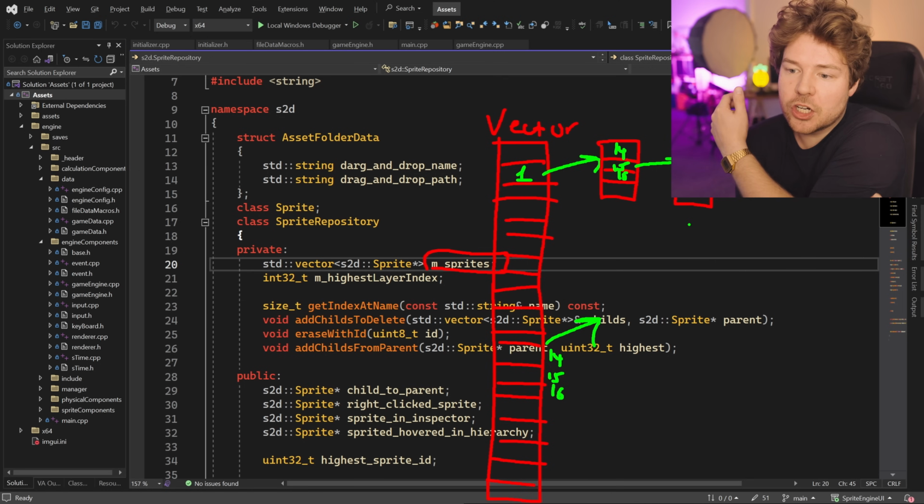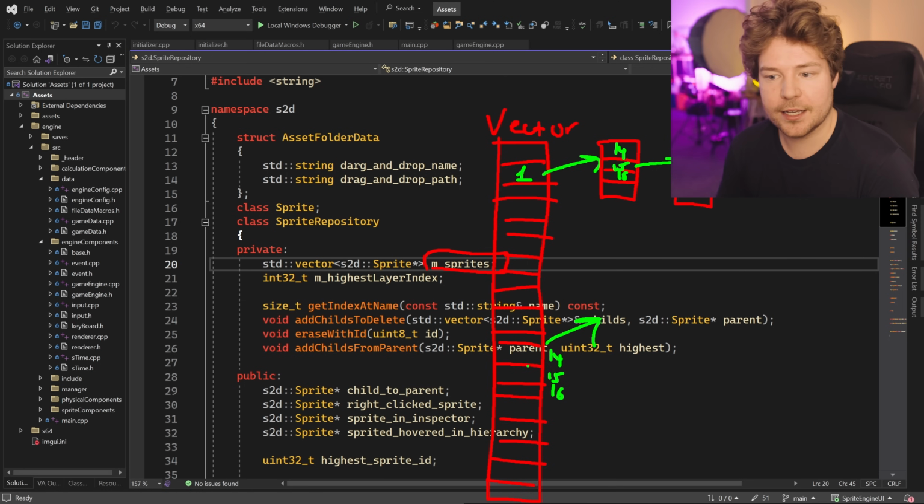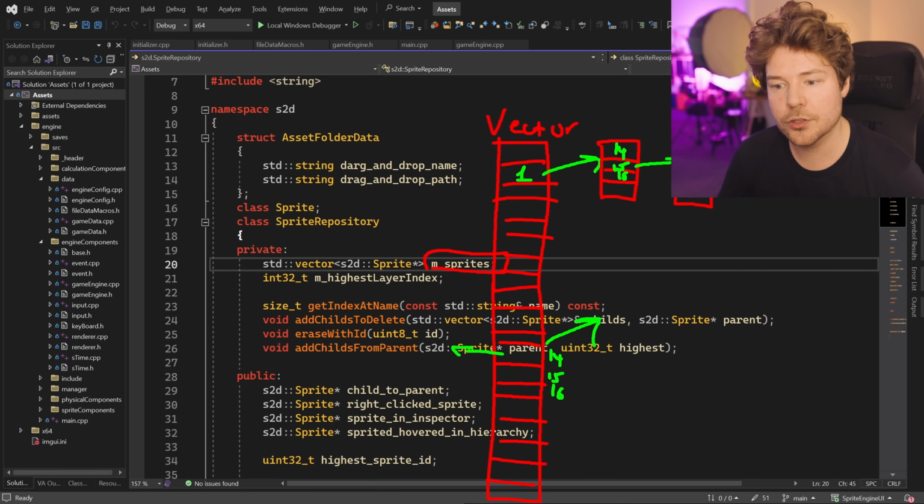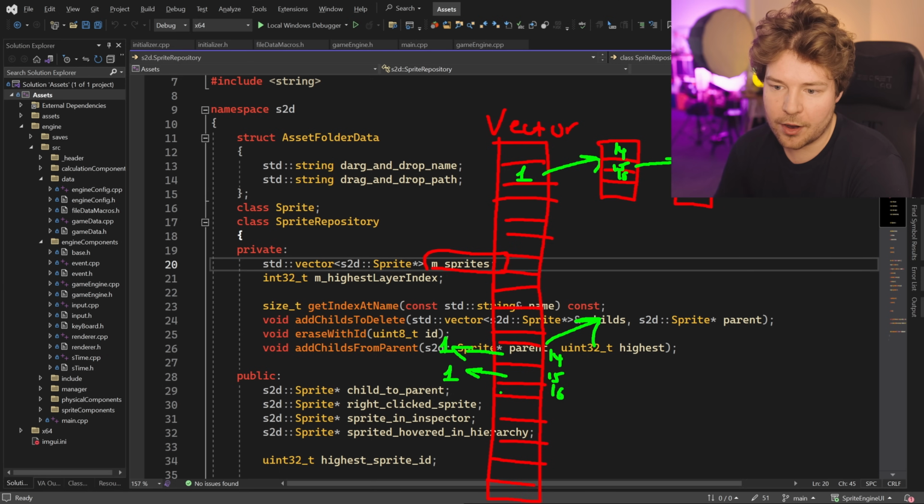Now, the thing is, every child here will also have a parent index though, right? So for example, 14, 15, 16, like we've written here, they're going to have their own children potentially, which again would just be a vector of integers, the indices. But then you'd also have a parent. So each of these, 14, 15, 16, would have a parent, because they're up here, and the parent will be